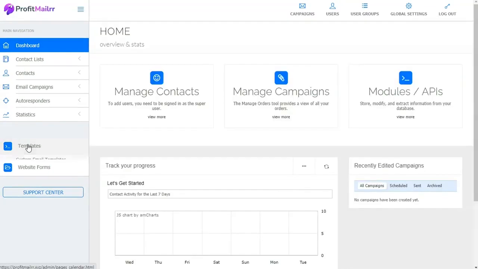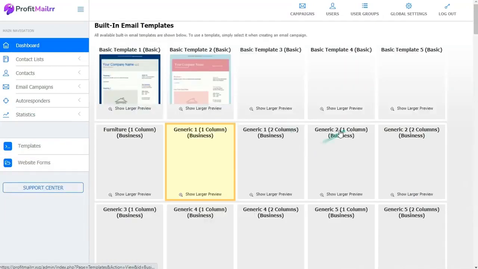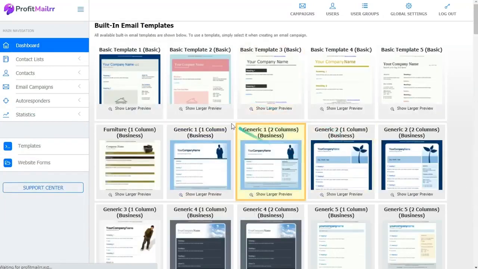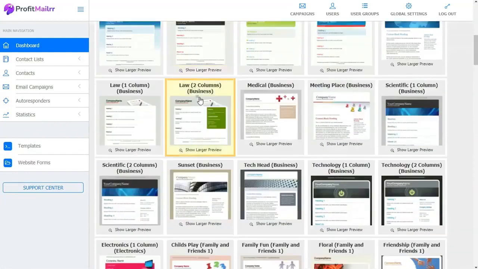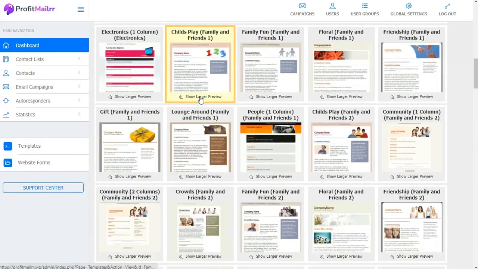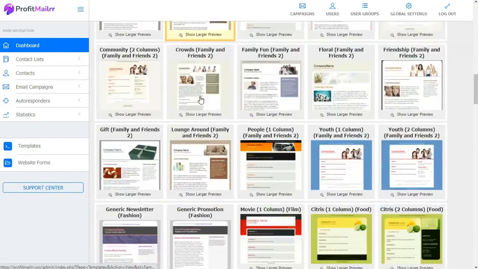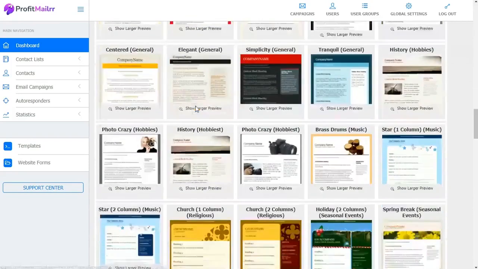In this video, we're looking at the templates, dozens of templates. I'm going to start at the bottom of this list here, view the built-in email templates. When we go into here, we get a peek at what has been put together for you that is included with your purchase and your upgrades. All of these pre-configured templates, top-notch, professional, in all kinds of categories, ready for you to utilize